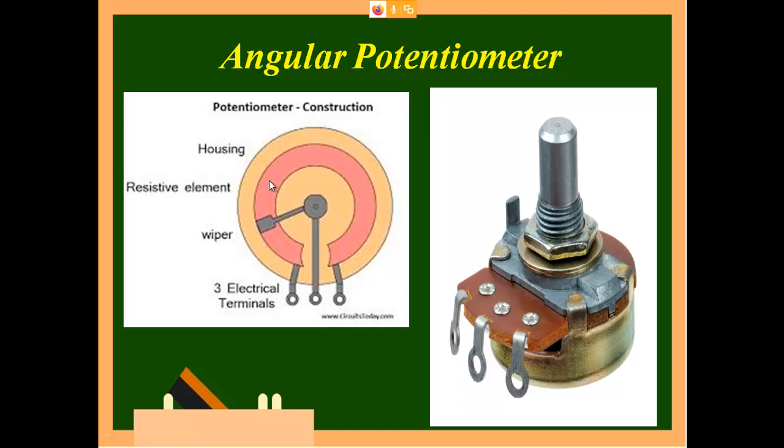See, some applications require clockwise rotation to be identified, and some will require anti-clockwise rotation identification. So when anti-clockwise rotation is required, you have to connect these two. When you go for clockwise, you have to connect these two. All that, you will get this knowledge only when you do a project.